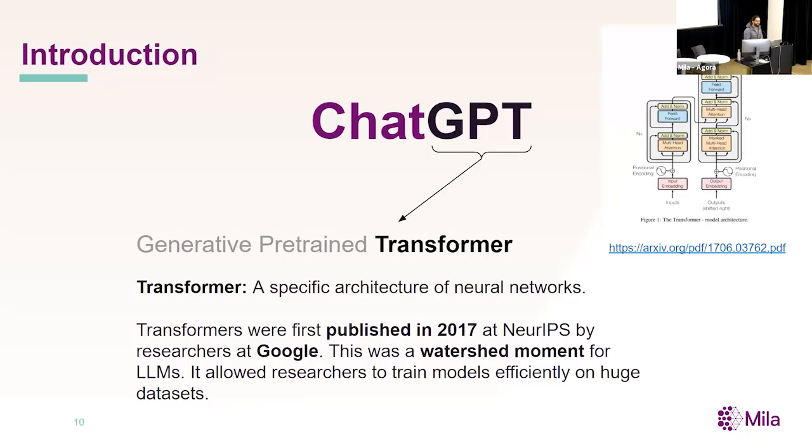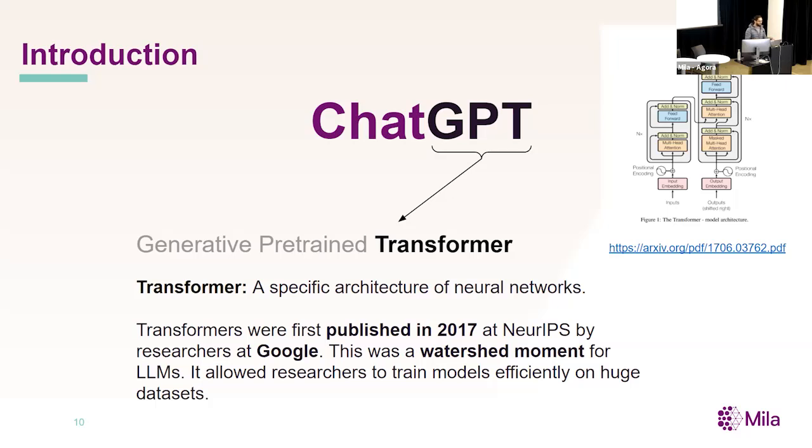The last bit of GPT is the transformer bit. A transformer is a very specific type of neural network architecture. There's a link here to the actual publication in which this was first proposed. This was in 2017 at NeurIPS by researchers at Google. We're not going to go into the fundamentals of how transformers work, although that in itself could take up a full hour very easily. They're a very peculiar architecture that has the property that, so far, when you scale it to more data, it just works better and better. There doesn't seem to be an observed upper limit in this behavior yet, which is what makes these GPT models so interesting.